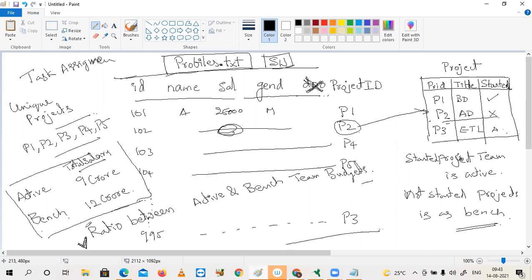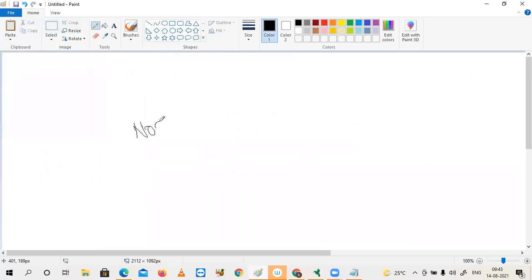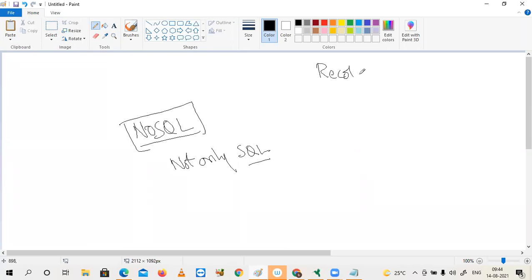Yes, sir. So when do we have to go with Azure Cosmos, sir? Yeah, Cosmos is purely a NoSQL database. NoSQL means? Not no relation, not unstructured. Not only SQL. The requirement is record to record, if the structure is different. If you look at my first recorded session, you will understand about NoSQL. Record to record if the structure is different.